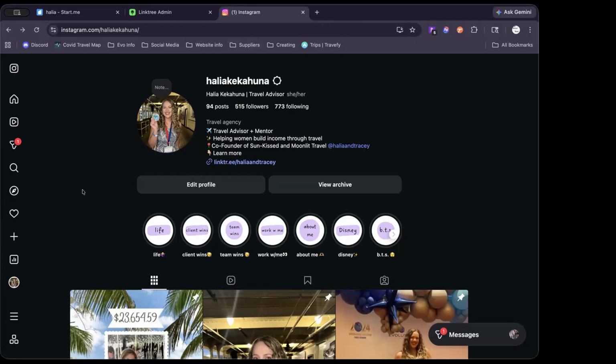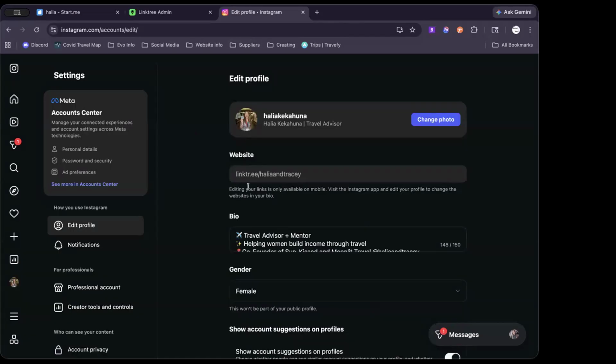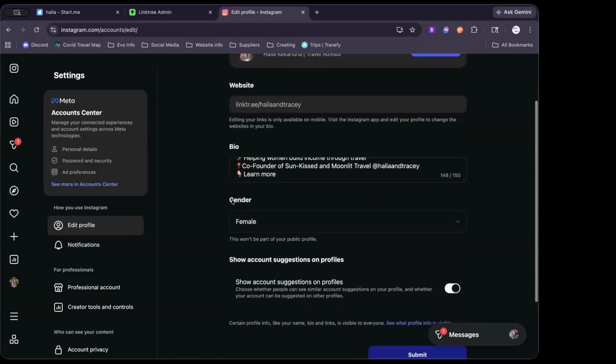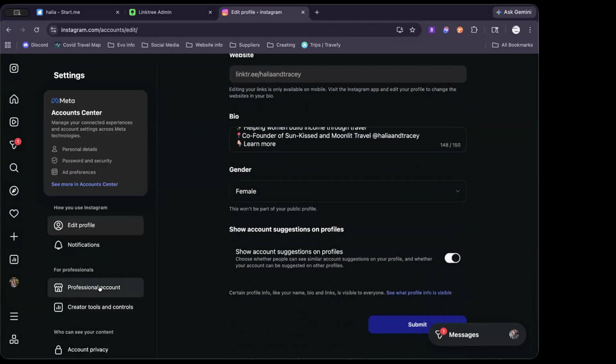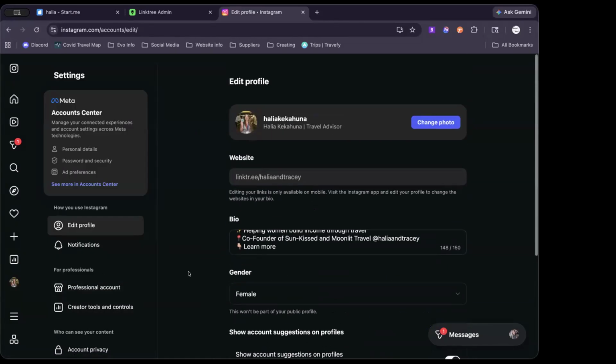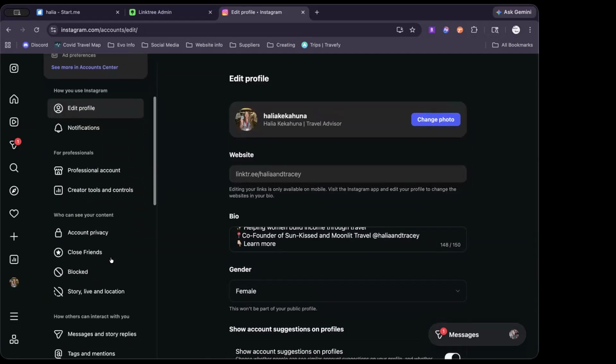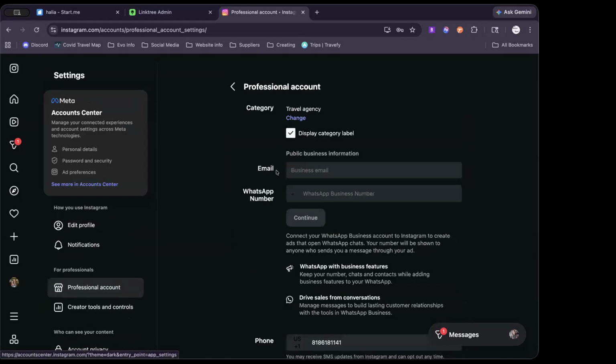Okay. So this is what your Instagram should first look like. When you are editing your profile, you should be able to choose the type of account that you want. So professional account over here. This should have just your normal stuff here. And then on this side, you should have professional account. This will allow you to pick a category and it'll allow you to grow your Instagram bigger and have more access to trending sounds and things like that, get a broader reach than an actual business